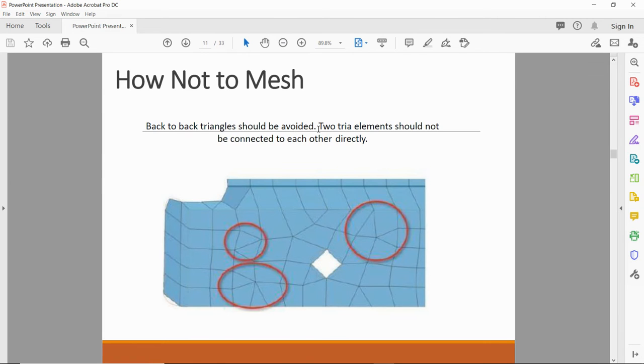Two tria elements should not be connected to each other directly, because tria elements give lesser deformation. If two trias are connected back to back, then there is definitely much lesser deformation compared to one tria.